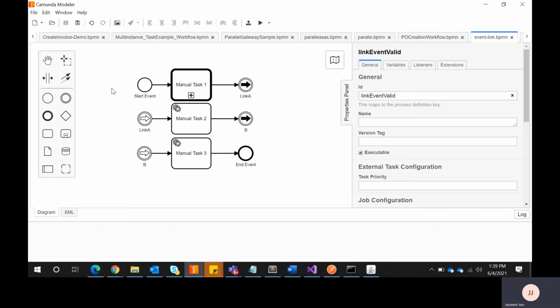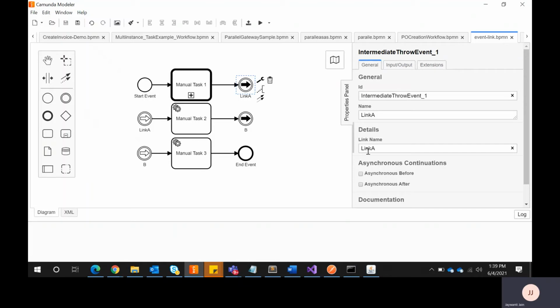Here is a start and then a sub activity, and I am attaching a link event. I have given the name link A. First I give the name link A, and the same name I write here. So this is my throw and this is catch.